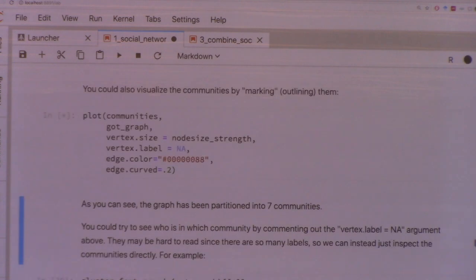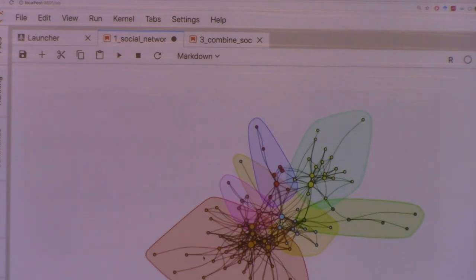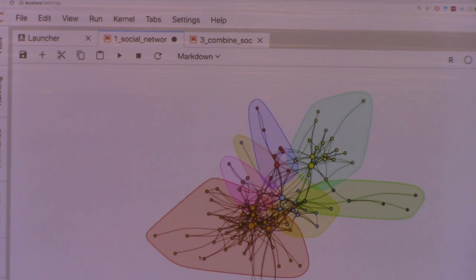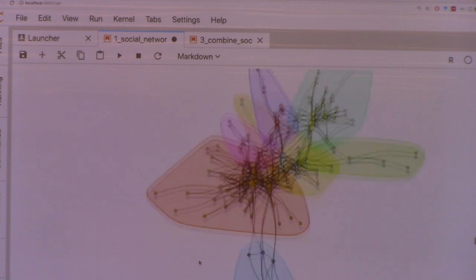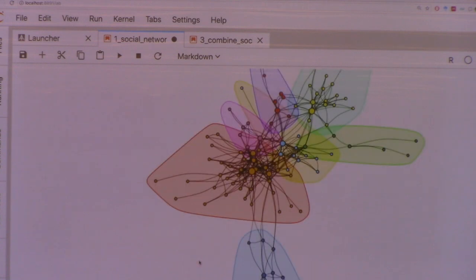You can also highlight the community structure like this rather than just coloring the nodes, just by marking them with silhouettes. It's basically the same information. You could overlay the labels on the nodes to see who's been assigned to what community, but because there are so many and we're in a relatively small space in the browser, there would probably be a lot of overlapping labels, so we'll just look